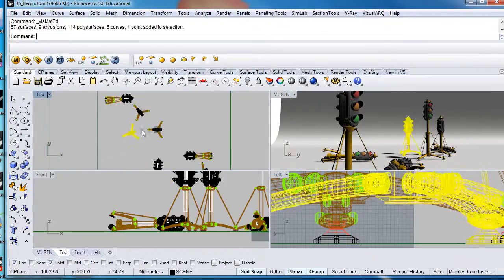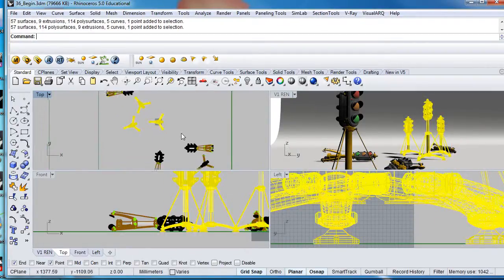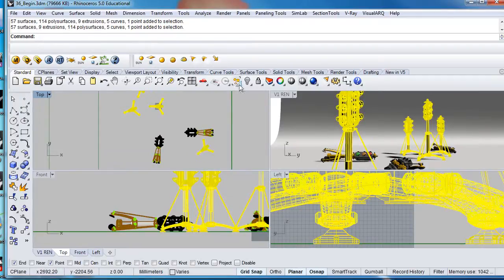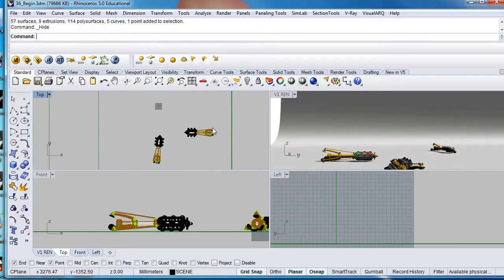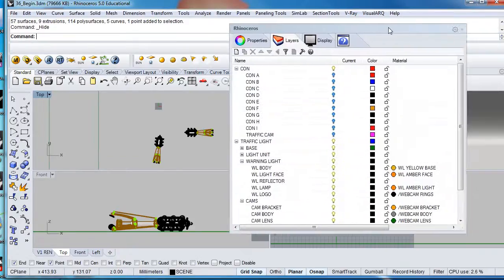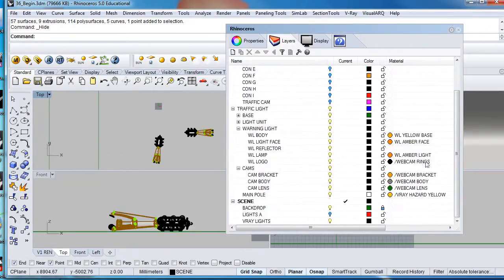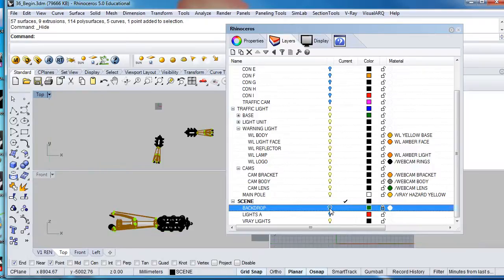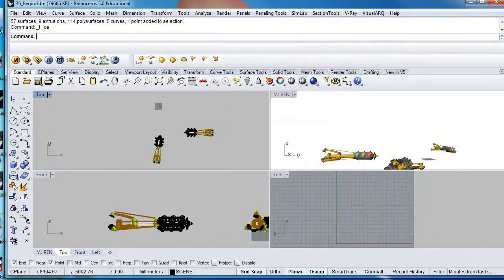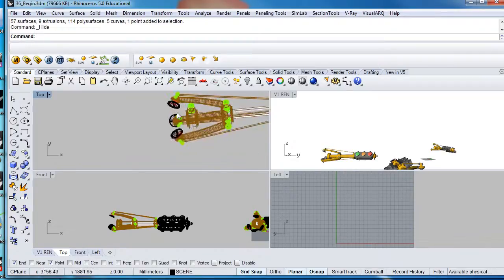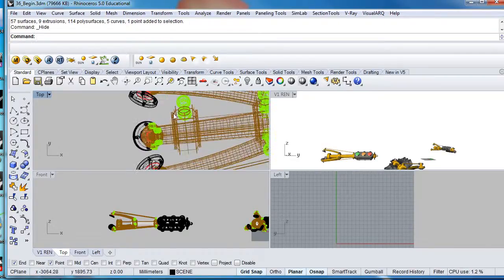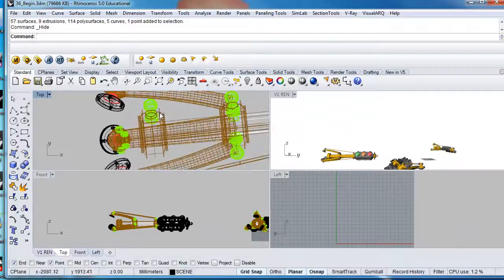So to begin with, let's just remove the items that we don't need from the composition. So we're just simply going to hide them out temporarily. We can hide out or turn off the lower backdrop as well. So we'll just scroll down to the backdrop layer, switch that off for the moment, move the layer manager out of the side, and you'll notice, as is often the case with these design processes, there's the odd item that